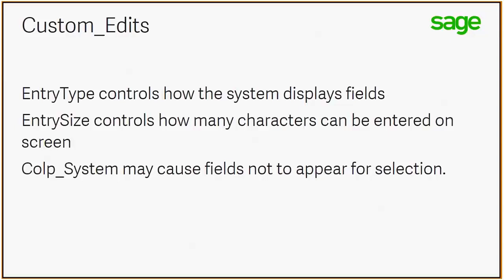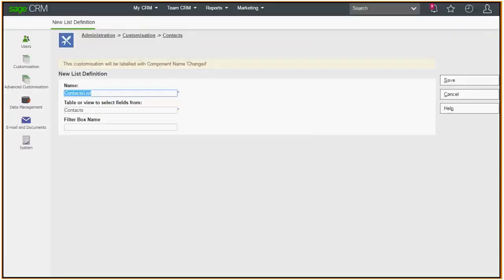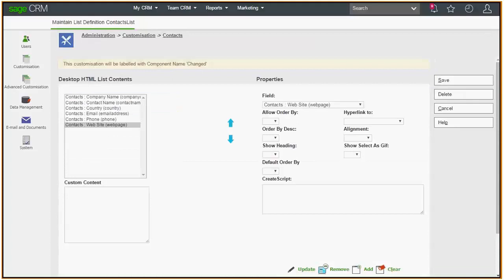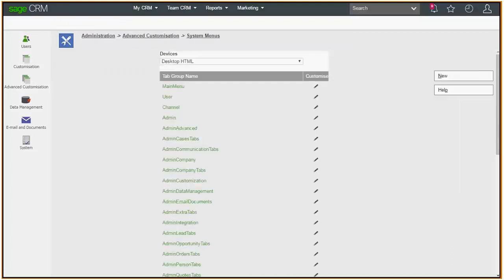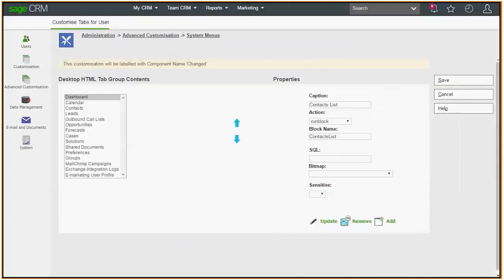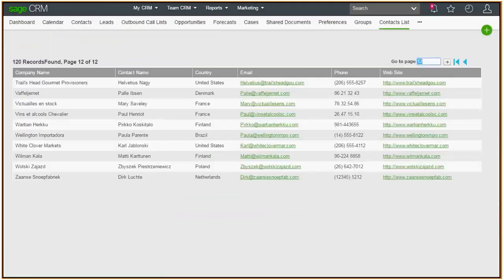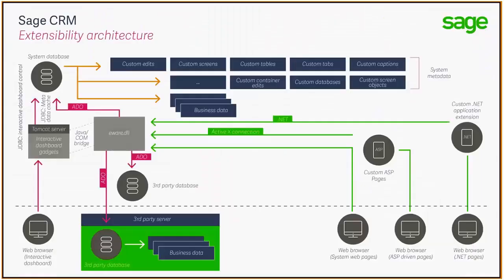Okay, now I went on and I built a list and I included fields, and then I was able to invoke that list from the system menu within the advanced customization area until I was able to bring that into the interface, as you can see here. Well, the option is displaying the information that we need,